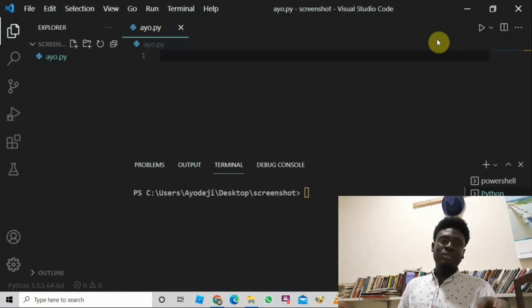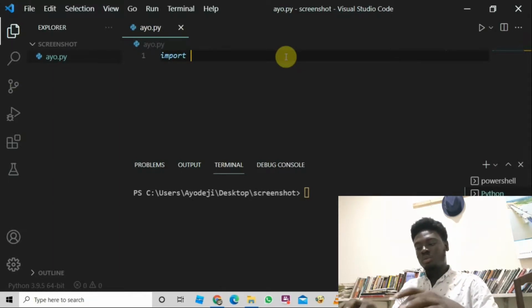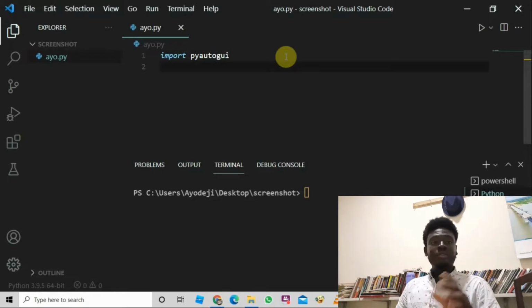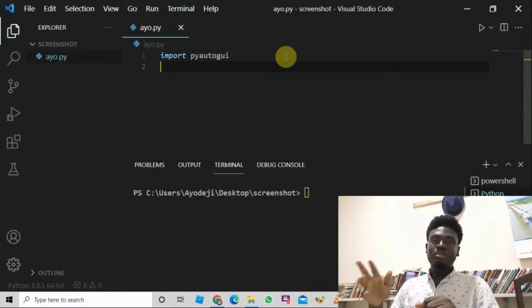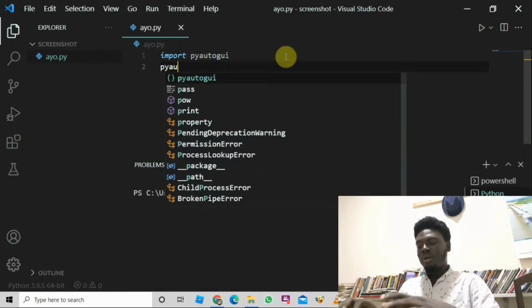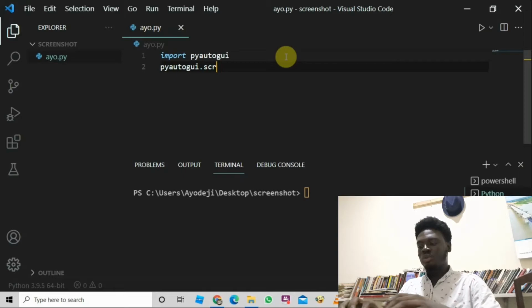So after doing that, create a Python file and open it with your code editor. We're going to start by importing this library into our project. So we'll say import PyAutoGui, and everything that we're going to do basically just takes 2 lines of code. It's that easy. So after saying import PyAutoGui, all we need to now say is PyAutoGui dot screenshots,